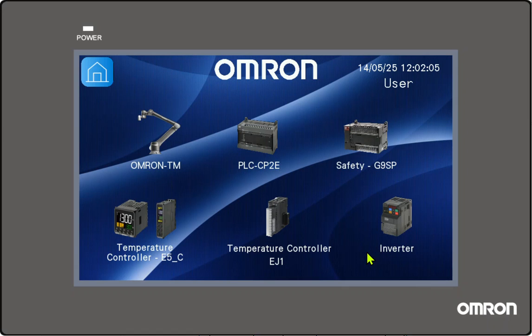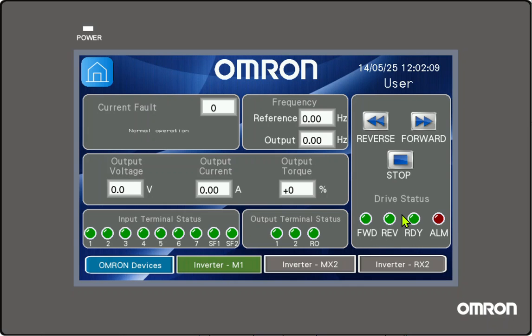And the last section of the Omron devices is the inverters, where we have three inverters, the M1, the MX2, and the RX2. So we have a page for each one. For the M1, we have the current fault information with the number of the error and the description. We also have output voltage, current, and torque monitoring data, and the status of the input terminals and output terminals. We also have some drive